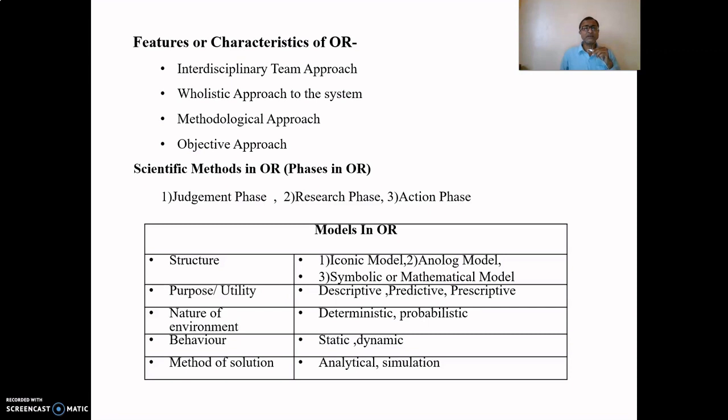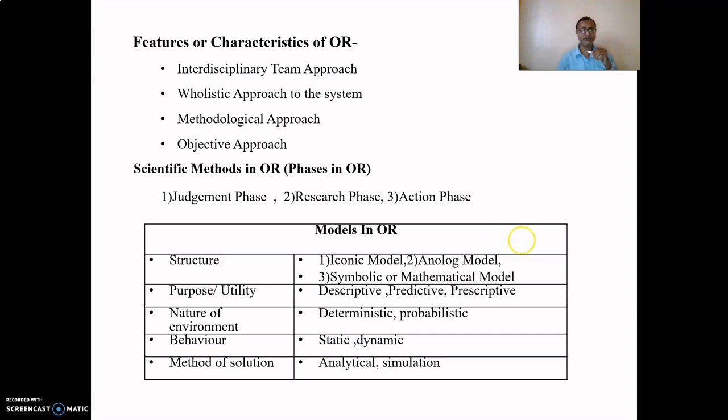The second one is the analog model. In this model, one set of properties is used to represent another set of properties. For example, blue color generally represents water. In industry, it could be the different coding or classification of jobs, work, or some material. Whenever you want to show certain other things separately and identically, that will be represented by the